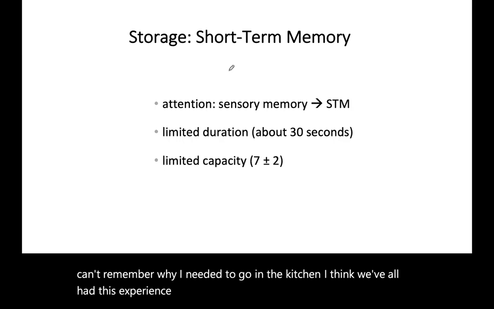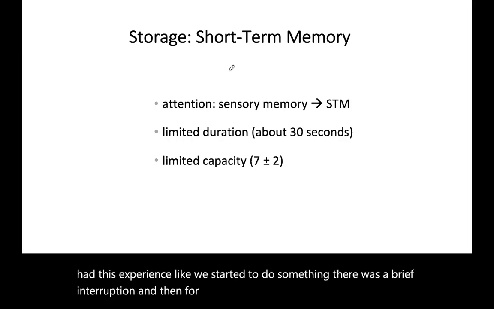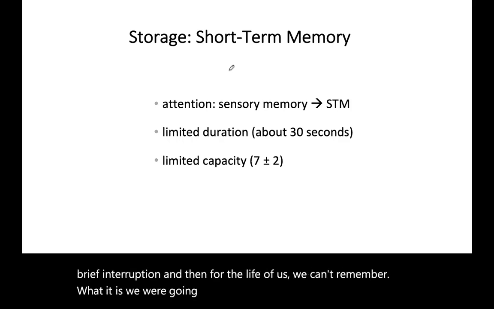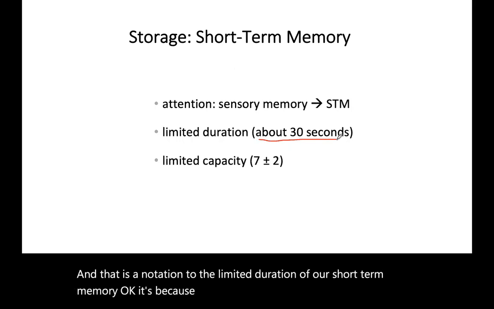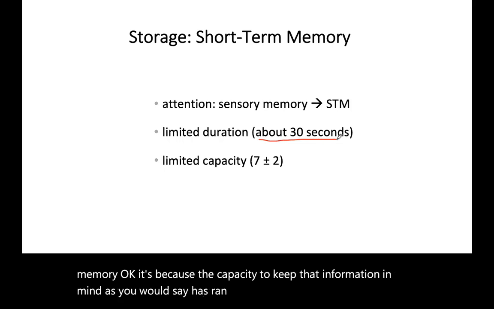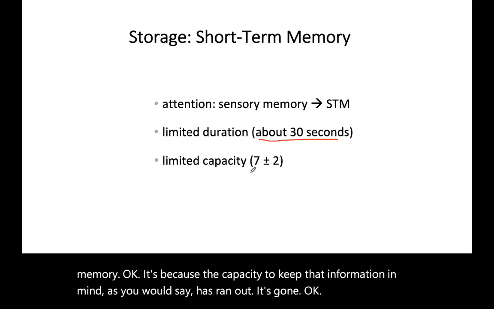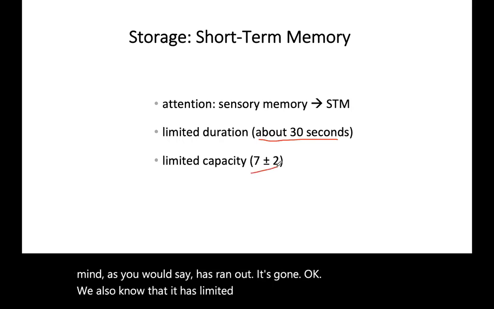Like we started to do something, there was a brief interruption, and then for the life of us, we can't remember what it is we were going to go get or the like. And that is a notation to the limited duration of our short-term memory. Okay, it's because the capacity to keep that information in mind has run out. It's gone. Okay. We also know that it has limited capacity of what is called 7 plus or minus 2